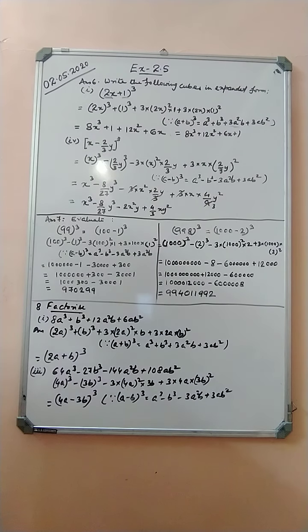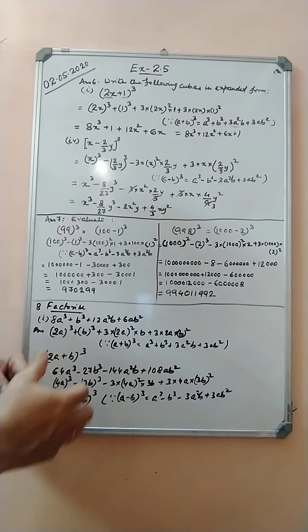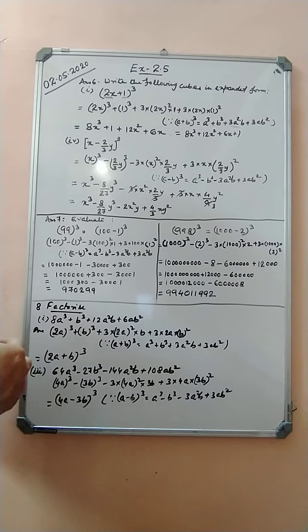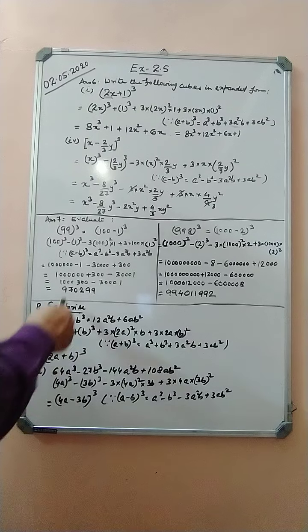Now let us come to question number 7, 99 cube. For 99 cube, you will not write directly 99 into 99 into 99. You are going to use the formula, that is, the identity. So 99 can be written in the form (100 minus 1) whole cube. So it is (a minus b) whole cube, that is a cube minus b cube minus 3a square b plus 3ab square. In this formula we will substitute and we will be getting the solution as